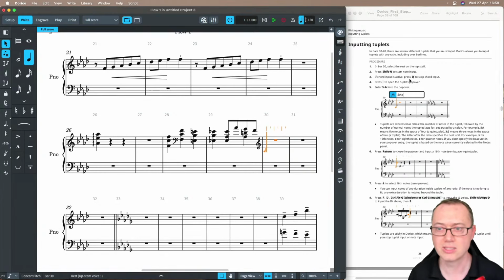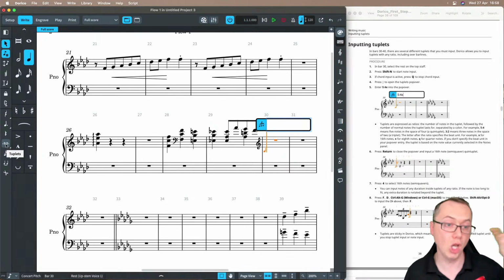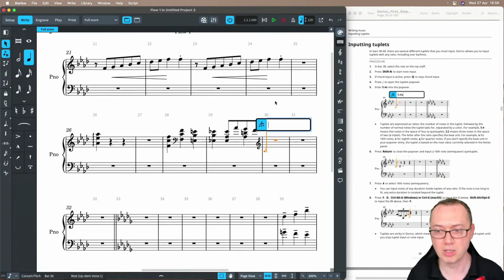In the guide it says, if chord input is active, press Q. It's not. Now you press the tuplet button, which is semicolon. There is also, on the left-hand side, a tuplet button, and in Dorico 4 now you can long press on that, so press and hold, and you get some tuplet options. But let's look at this popover and some of the clever things you can do in this. So I'm going to enter